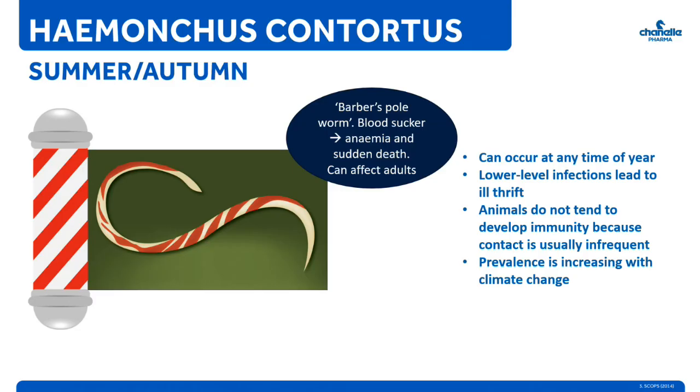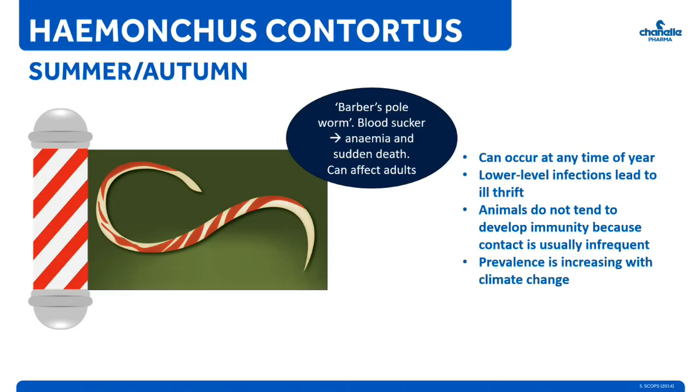The Barber's pole worm is a blood-sucking worm that can cause anemia, production losses, including ill thrift and reduced milk yield in ewes, and often death. The red stripes around the worm, which give it its name, is actually blood that is consumed from the host animal. It's visible to the naked eye and lives in the abomasum. As little as 5,000 worms can lead to 250 mils of blood loss a day from the animal.